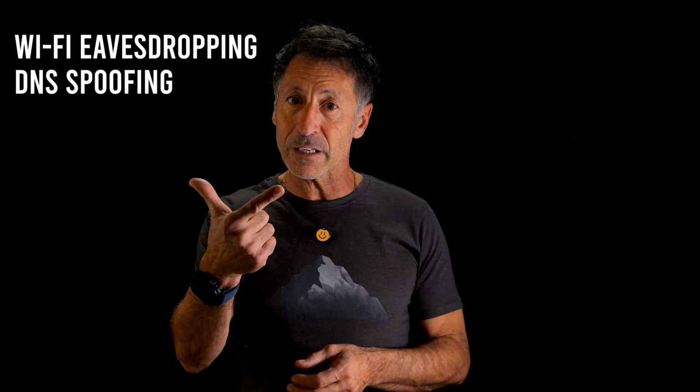Man-in-the-middle attacks come in various forms, but 3 of the most common and dangerous types are Wi-Fi eavesdropping, DNS spoofing, and session hijacking. Let's take a closer look at how these attacks work and how attackers pull them off. One of the most prevalent man-in-the-middle attacks is Wi-Fi eavesdropping, which targets unsecured public networks. This attack occurs when an attacker sets up or compromises a Wi-Fi network, allowing them to intercept communications between users and the internet on that compromised network.